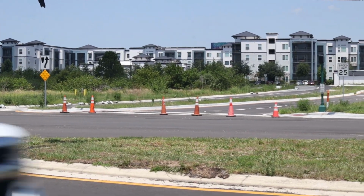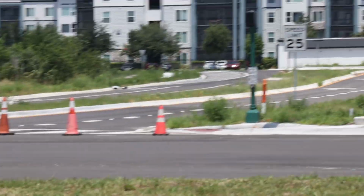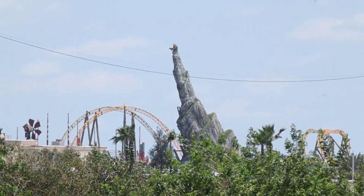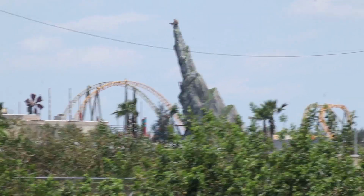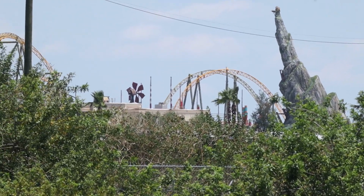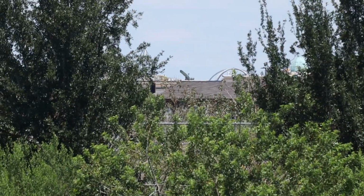As we take a closer look down Constellation Way, it looks like most of the road is currently blocked off, except for those leaving. And it goes somewhere onto the site, or behind it. So it's pretty cool. Over here you can see the side of the mead hall, some sticks poking out, which is from the Dragon Racer Rally grandstands. See that new windmill, and you can see Stardust Racers in the background. Pan over, that's the part of the